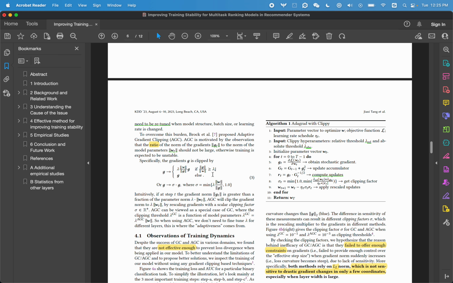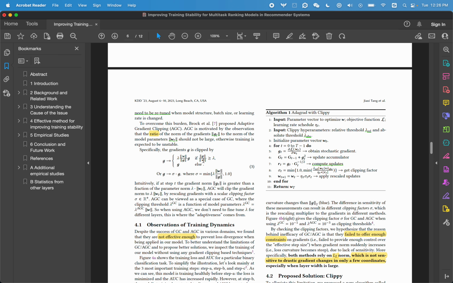So this is also a scalar number. Like I mentioned, if the magnitude of the gradient is 0.1, and the magnitude of the weight is also around 0.1, this will be a very huge number. That means we want to do the clipping. But if the L2 norm of the gradient is in proportion to the L2 norm of the weights, that is somehow very friendly. In that case, we don't want to do the clipping.